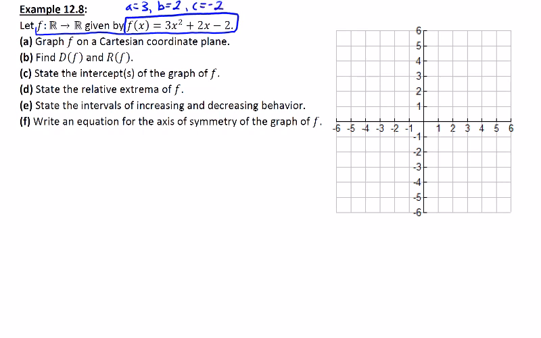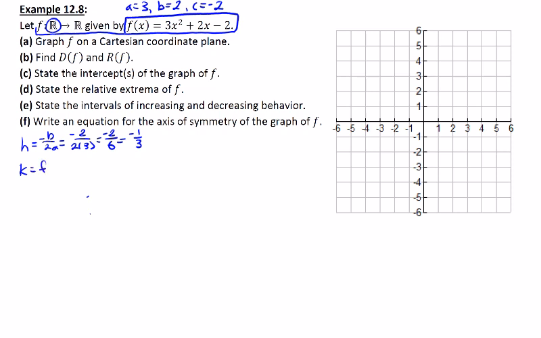The domain of this function will be all real numbers. But in order to get the graph completed, I need to know the location of the vertex. Using h equals negative b over 2a, we can calculate this. Negative 2 over 2 times 3, so that's negative 2 over 6, reduces to negative 1/3. And to find the value of k,